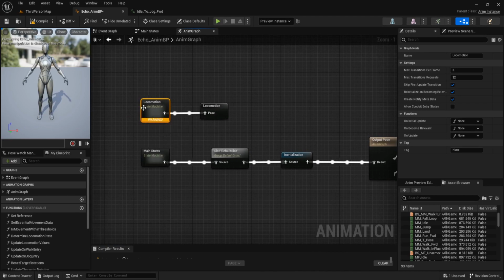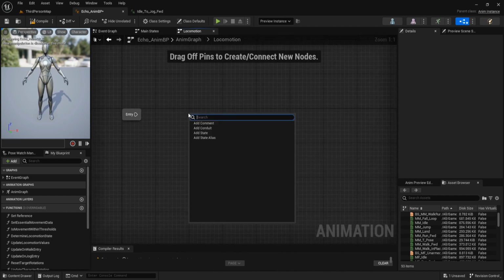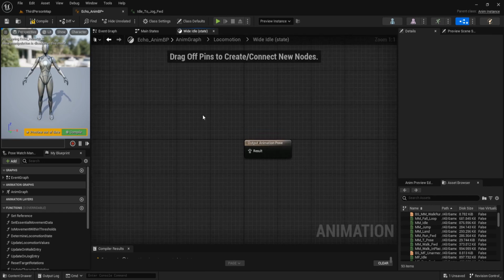So open this locomotion and create a new state, add state. Name it idle. Connect it to idle. Open this and search for idle animation.